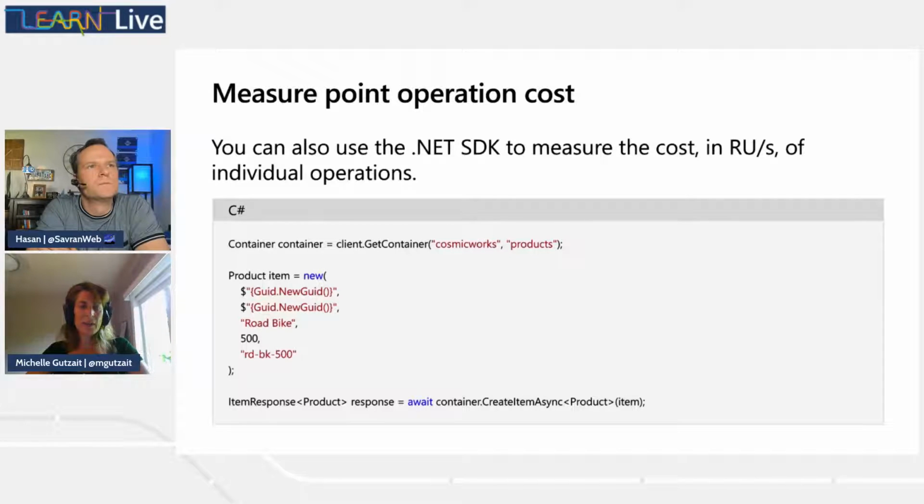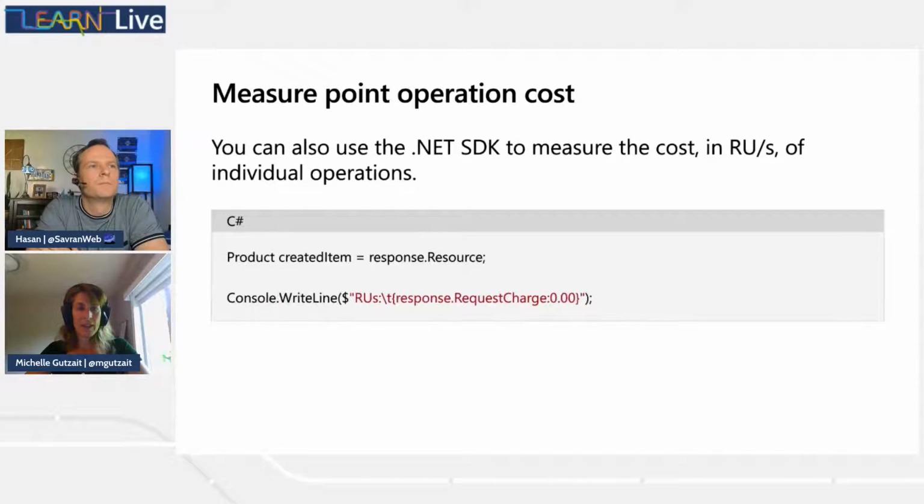This is an example from .NET. It's only doing one operation. You connect to your container, and then you add one item. Then you look at the request charge